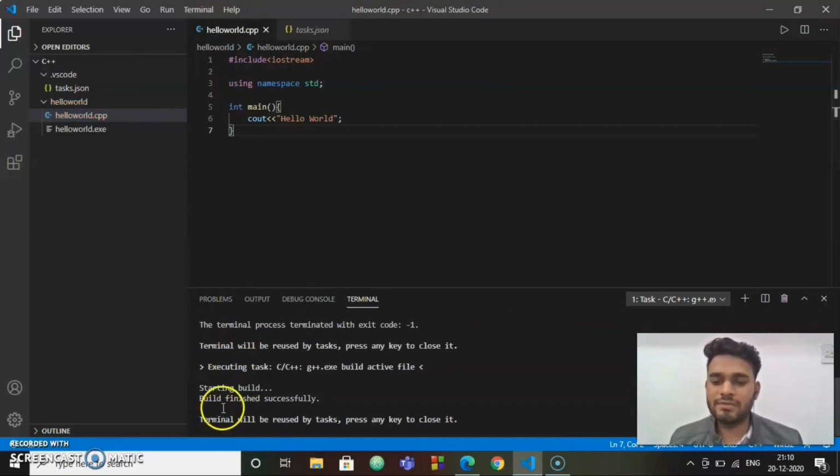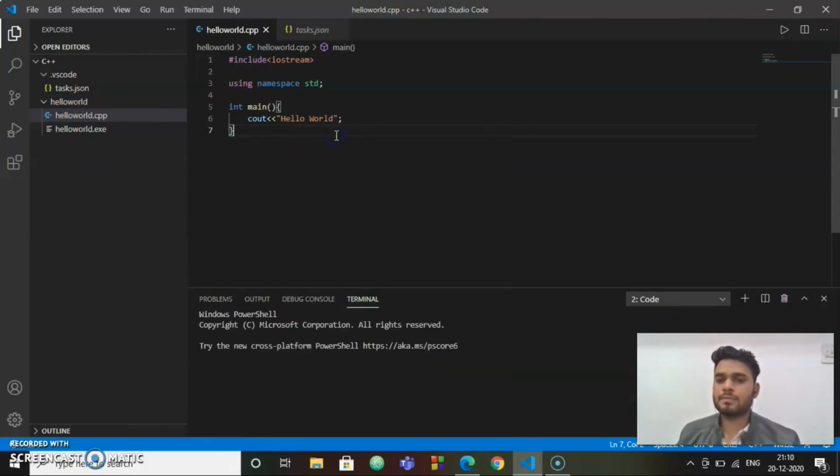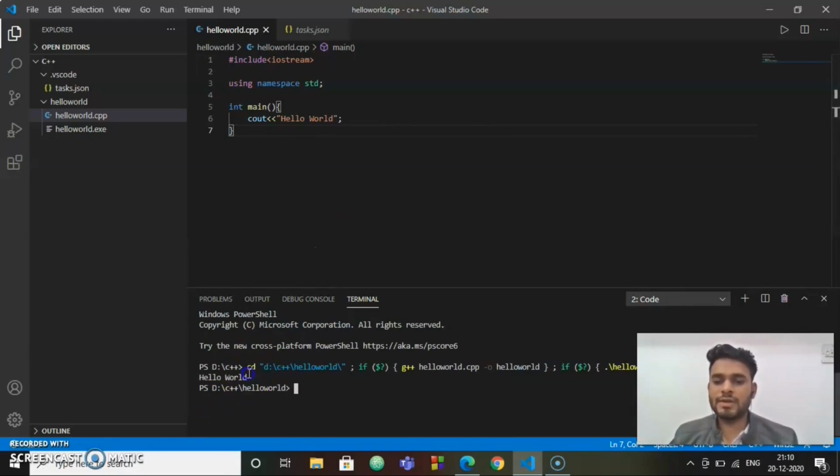The program build finished successfully. Now if you run the code, it will work. As you can see, hello world is printed.